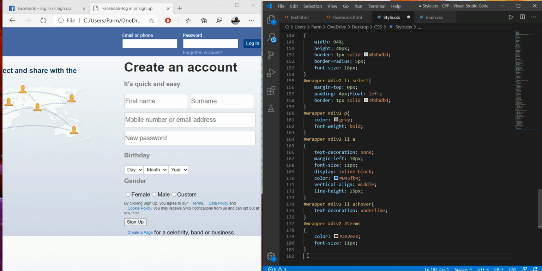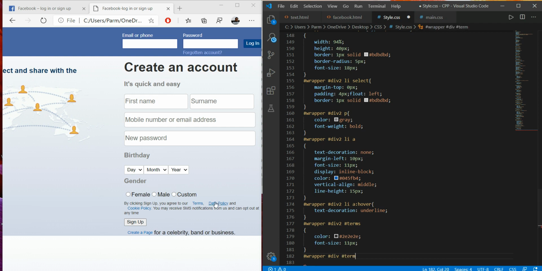So here we have to write another line, just wanted to display in line of this. So here we have to use hash wrapper hash div hash term.